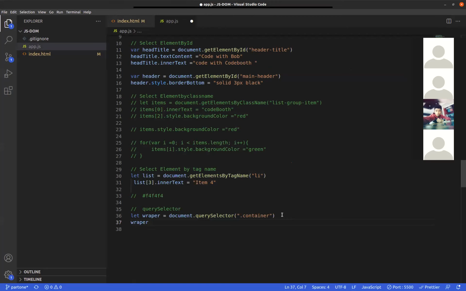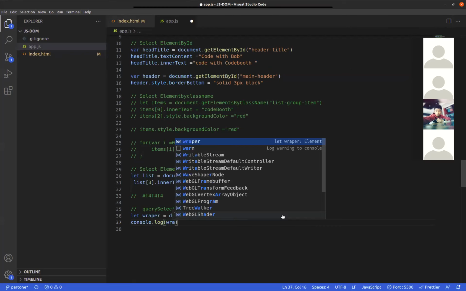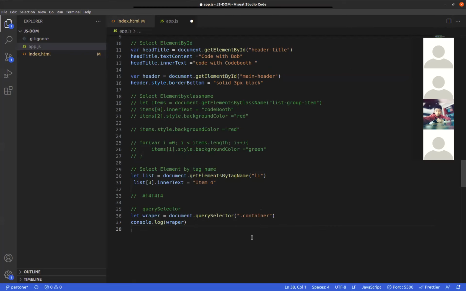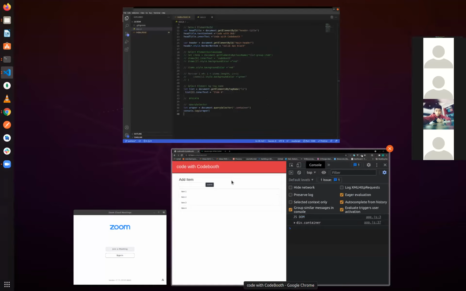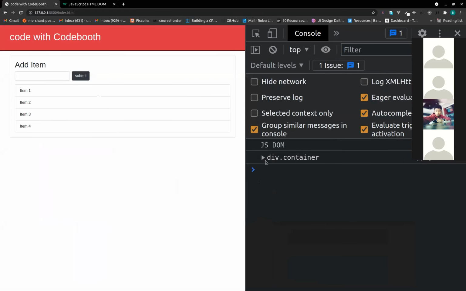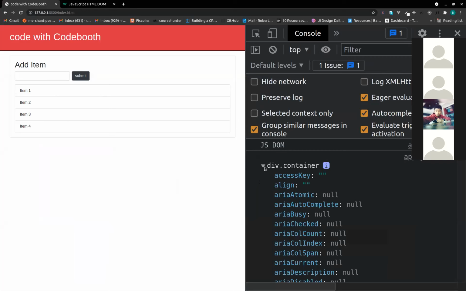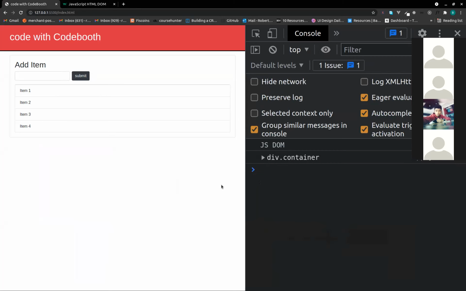So let's say container. What do we do? Should we change? Let's console.log the wrapper and see what it will bring. Okay, so console.log wrapper. So what do you have here? Just one container. Yes. Yes. So the query selector works as